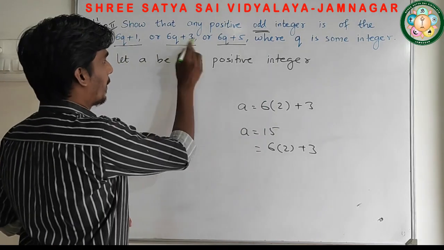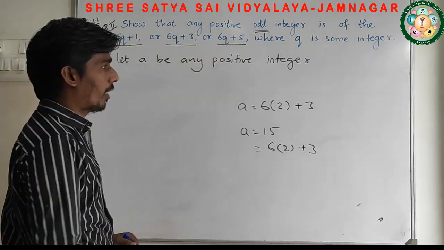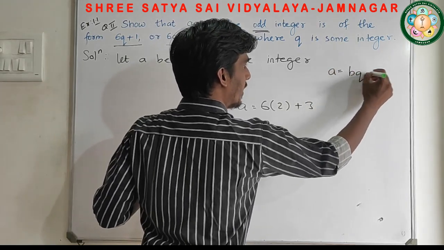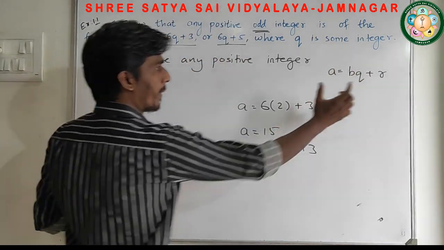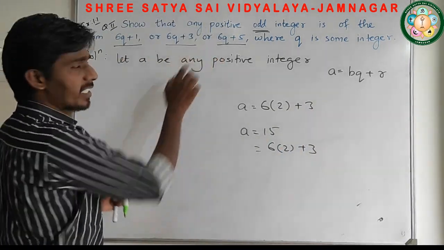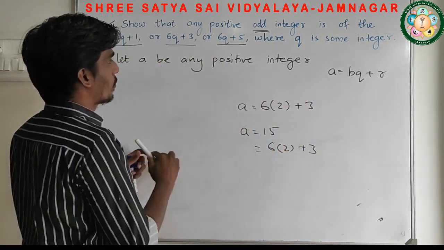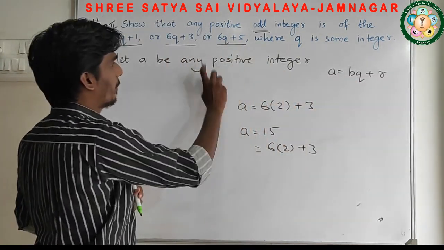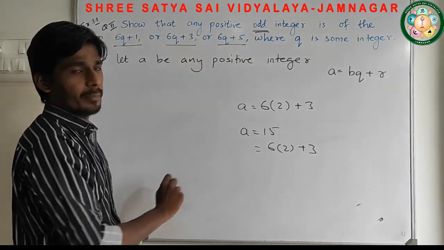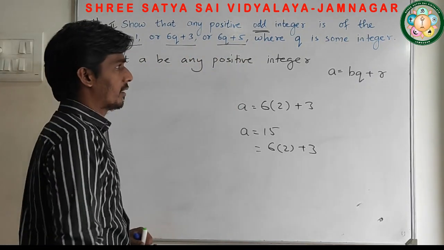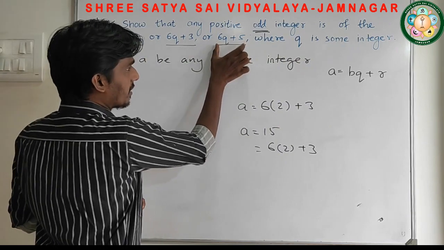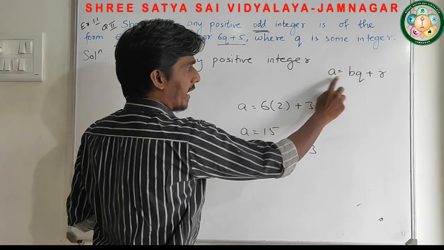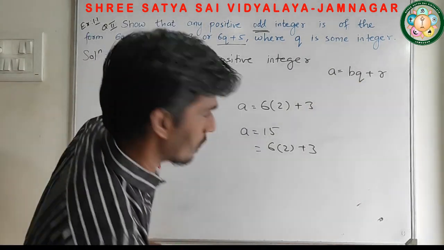Now let's compare all these numbers with what? Euclid division lemma, that is a equals to bq plus r. If we compare this with bq plus r, all these are in this form. See, instead of b here it is what? 6. Instead of q, here it is q. This is r, these are what? Remainder. 5 is a remainder, 3 is a remainder and 1 is also a remainder. So this is the way we are going to compare this part we have to prove with Euclid division lemma, a is equals to bq plus r.